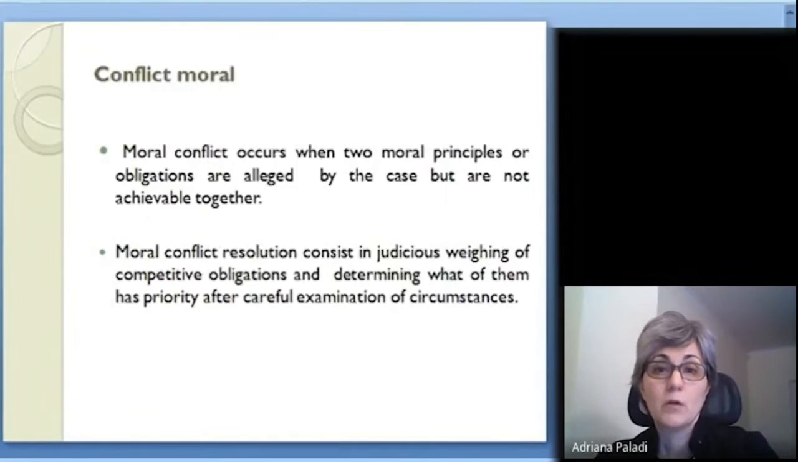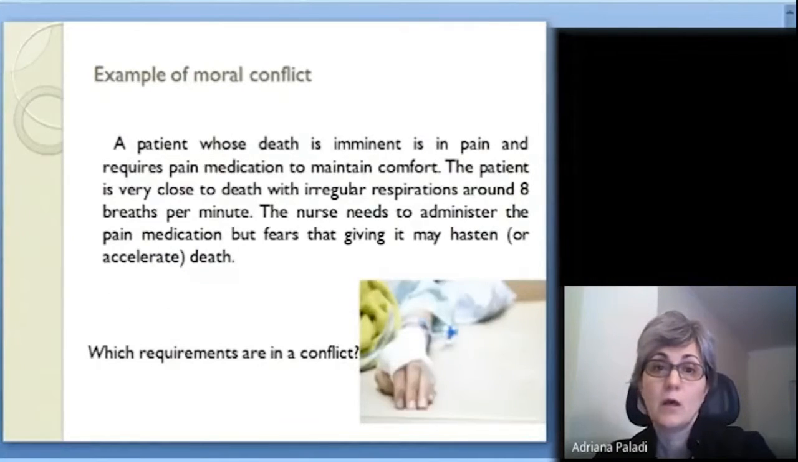Moral conflict occurs when two moral principles or obligations are alleged by the case but are not achievable together. Moral conflict resolution consists in the careful weighing of competitive obligations and determining which of them has priority after careful examination of circumstances. An example of moral conflict could be the case of a patient whose death is imminent,